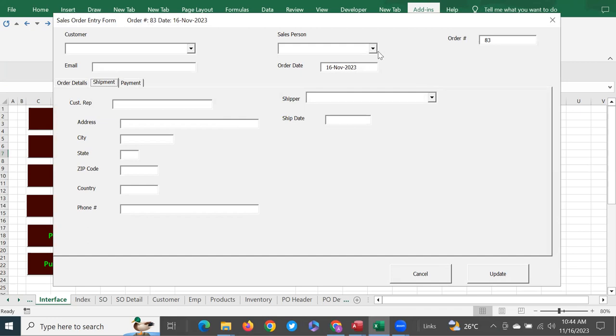We are in the process of shipment data entry, and at the same time we are focusing on editing. For example, if we give an existing number, say order number 37, it brings all the information already entered in the sale order, and